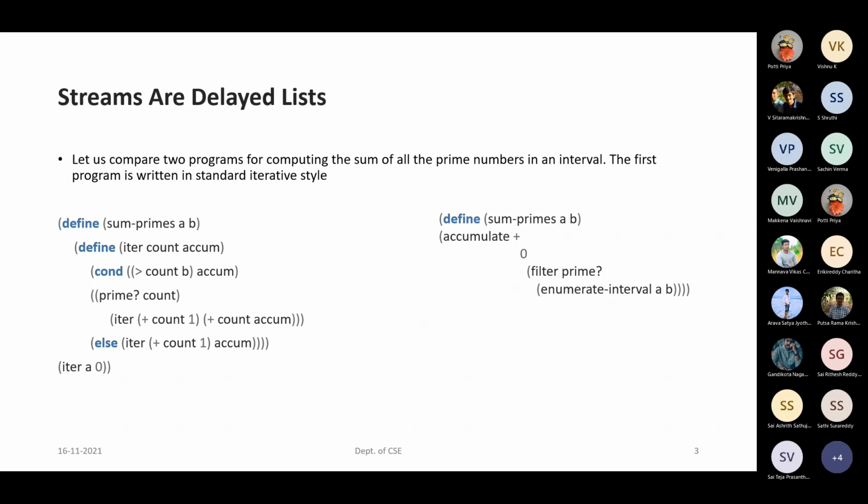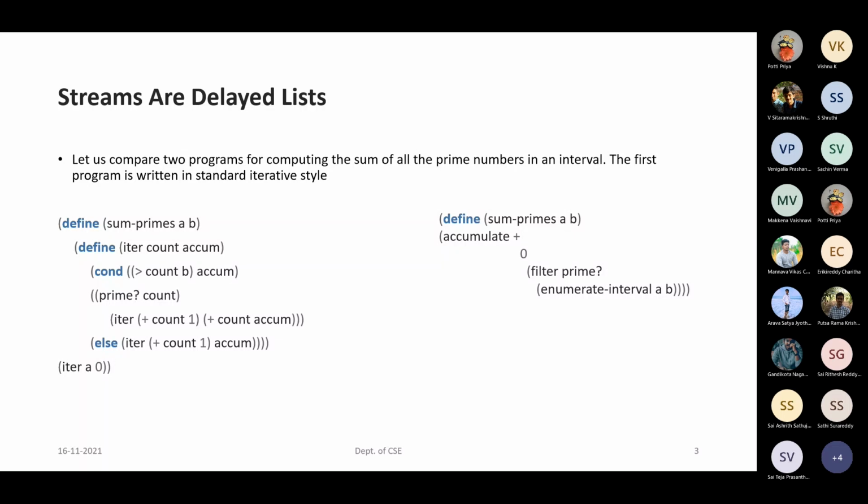We are checking from the starting range till the ending range. So A is our starting range. We check whether we have crossed the ending range or not. If we have crossed it, whatever is the accumulated value is returned. If we have not crossed the ending range, then we check whether each value starting from A is a prime number or not. If it is a prime number, we accumulate it and increment the A value by the next number, so +1 has been done.